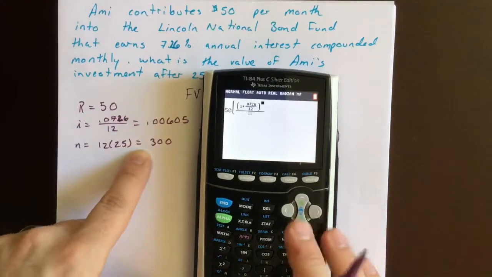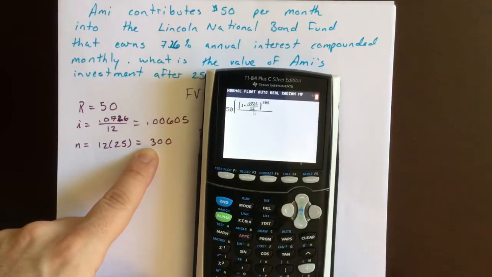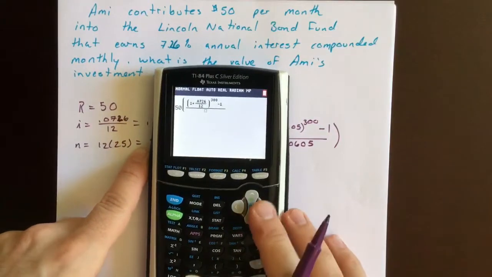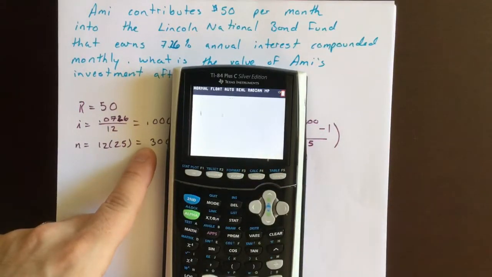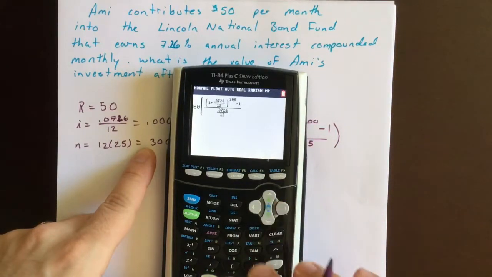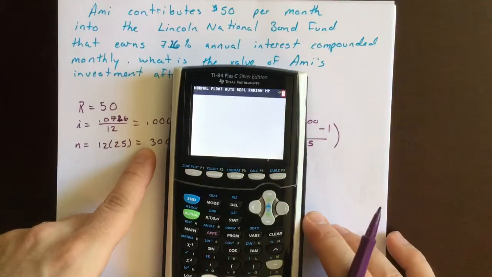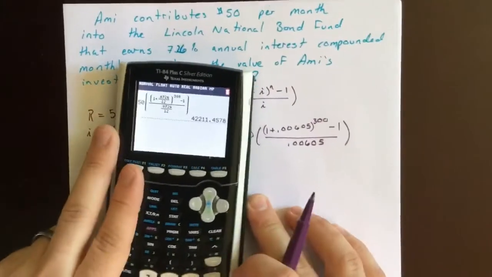Close the parenthesis, raise it to the power of 300. We subtract 1. And the bottom is going to be another fraction bar, 0.0726. Okay. And we get